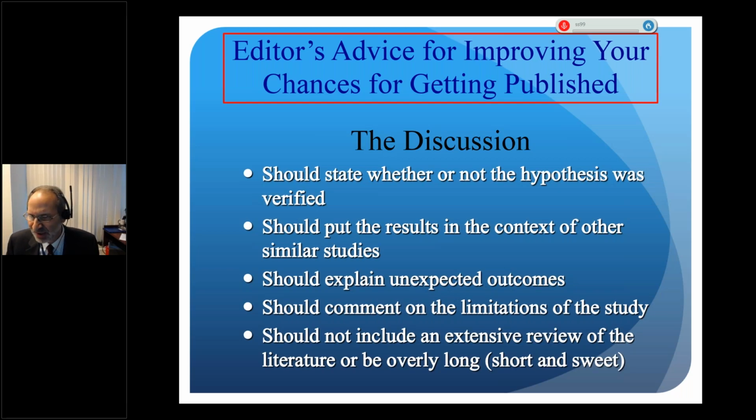Great. Now you could say why. We think the reason the liver gets better is the following. That's this section. You should explain unexpected outcomes. Why did you find something you didn't expect? As best as you know that. You may not know why, but you should say that's a possibility of why we think our data was different than what we anticipated. You should comment on the limitations of the study. Every study has limitations. The limitation of this study, it was retrospective, the follow-up was not as good as we liked, et cetera, et cetera.